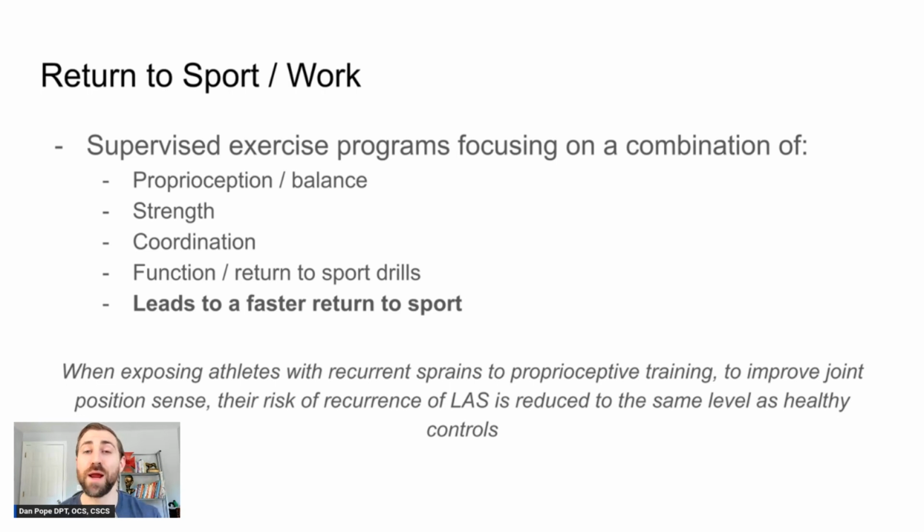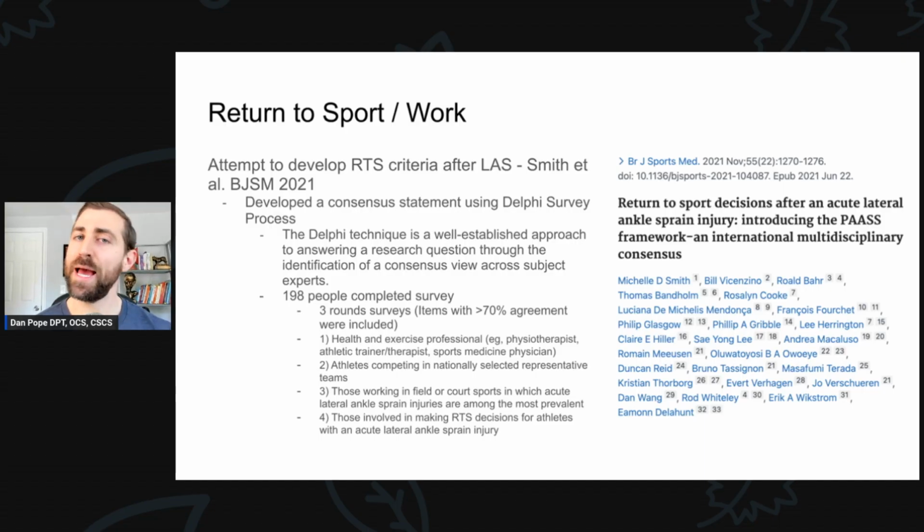It seems like a no-brainer to me that every single person that gets a lateral ankle sprain should probably be placed on some sort of rehab program to help them out. So a major problem that we have is that we know that some sort of exercise-based program after having a sprain injury is going to be important. Okay. We just don't know how much we need and when athletes are going to be ready to return back